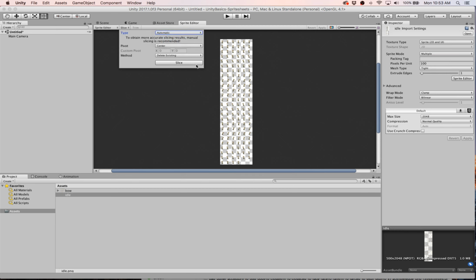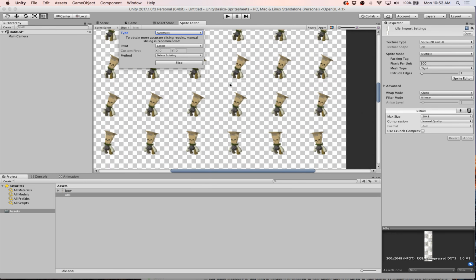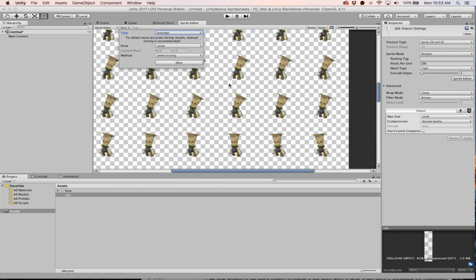So let's just do automatic and see what happens. And it looks like it did a pretty good job. If you zoom in, it may be hard to see because of this checkered background, but it did draw a rectangle around each of these frames. Now, the one thing that it doesn't do when you do this automatic is it's going to find non-transparent pixels and draw a box around that. And so that may not be what you want, because it might give a little shifting left or right